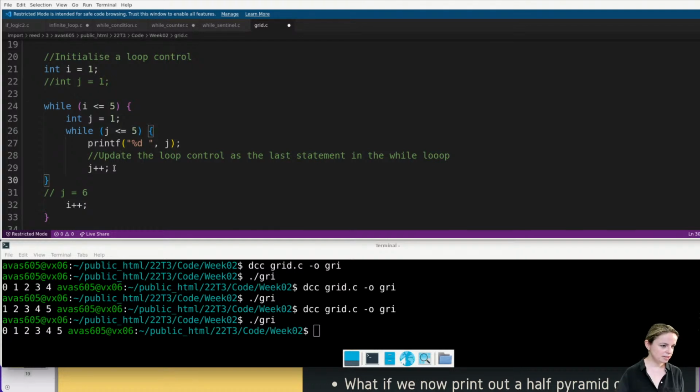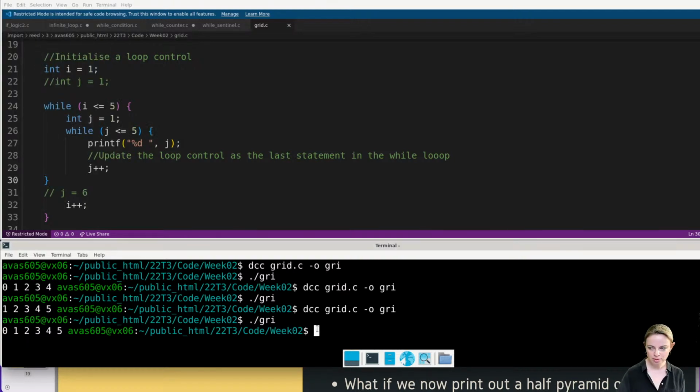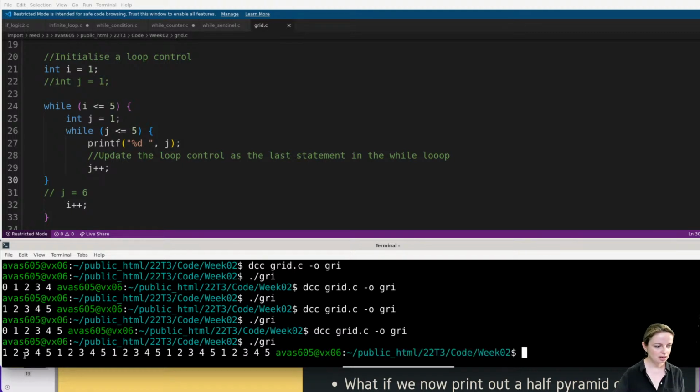And then let's see what happens now. Shall we see what happens now? It's still not going to work, but let's have a look what happens. Haha, very good. It's now printing out 1, 2, 3, 4, 5, 1, 2, 3, 4, 5, 1, 2, 3,